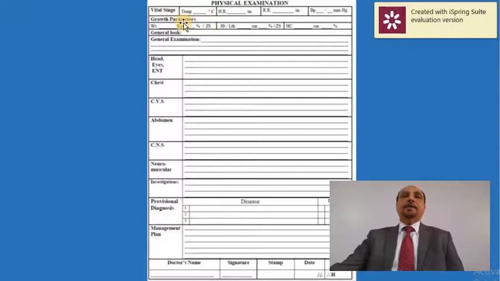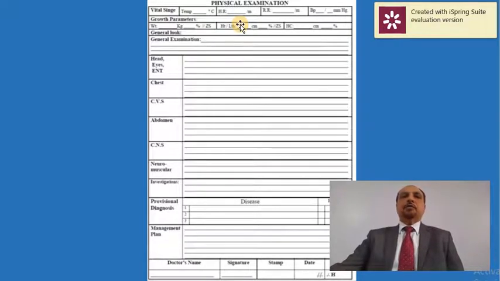You will see that it is, for example, below 0 Z score, below -2 Z score, below +2 Z score, and so on. And again for weight, length, and head circumference. We already trained all the students about examining the children and how to take the growth parameters for them. And as you know, mostly you will have a clinical skill station in the OSCE about taking the growth parameters, plotting them on the curve, and making an interpretation for them,